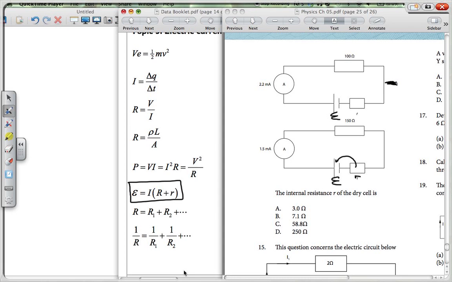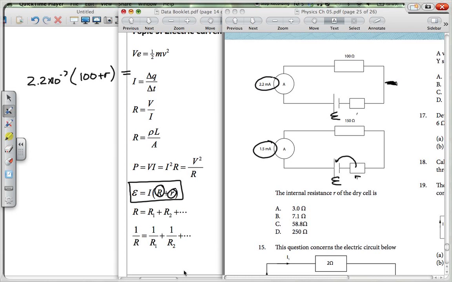For the top circuit, you're going to have your I, which is 2.2 milliamps, so it's 2.2 times 10 to the negative 3 amps, times R, that's your resistance within your circuit, so that's 100, plus the R, which is your internal resistance, and that equals, I'll just keep going across there,